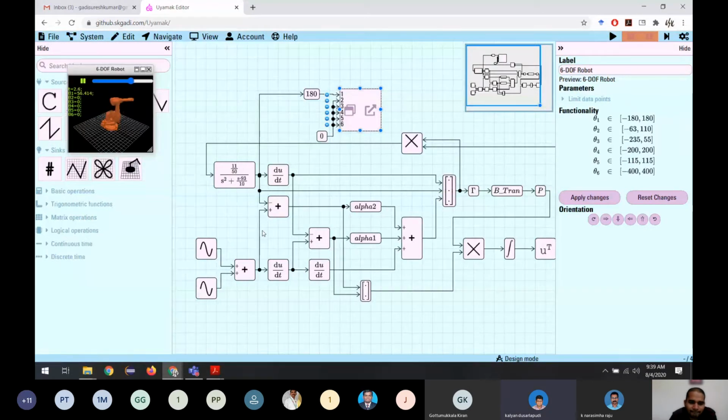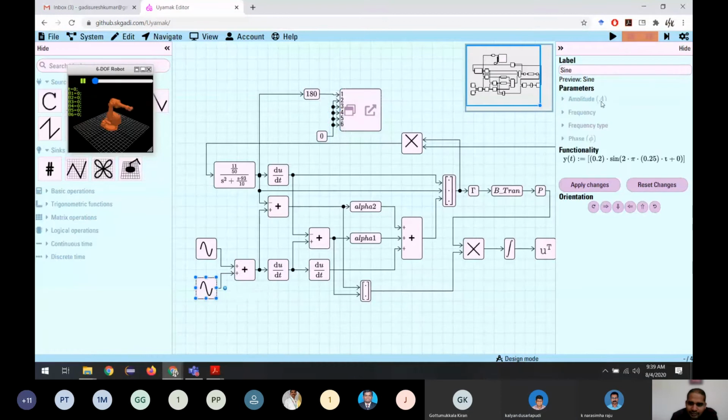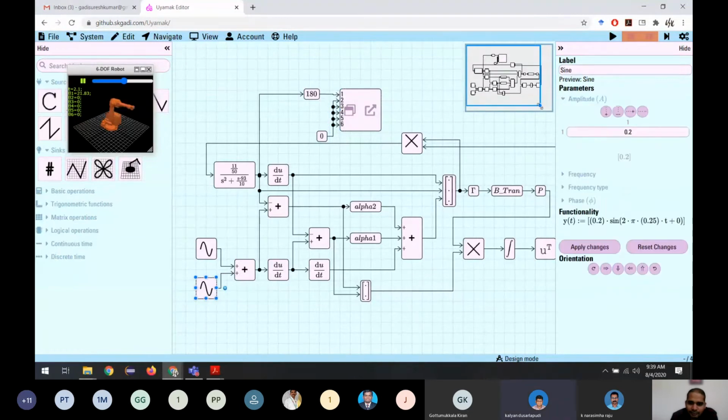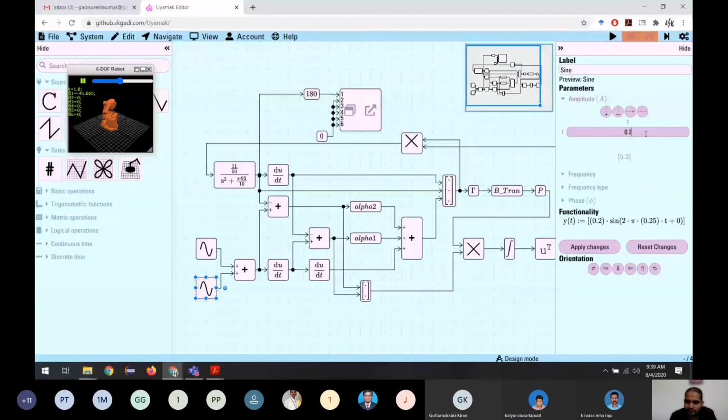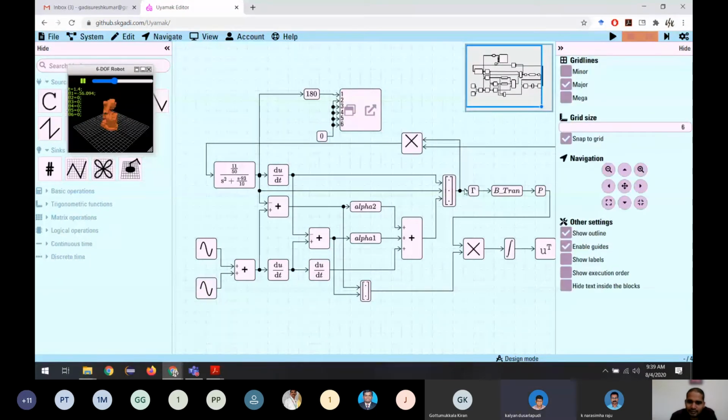So if you change that input, the reference inputs, two sine waves you're given, right? Yes. May I know why you're given two sine waves instead of one, in order to map the matrix? No, actually it should work even with one sine wave. Why I'm giving two is, how many variables are we finding? For every two variables, we need one sine wave. But I think it should work even with, let me give this amplitude 0 and see what happens.